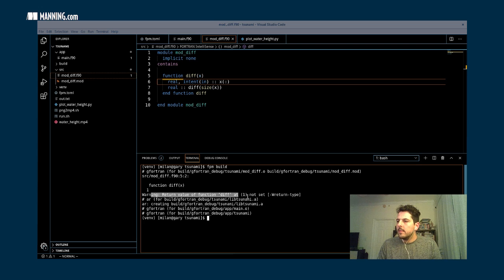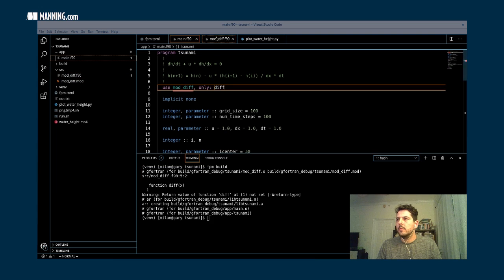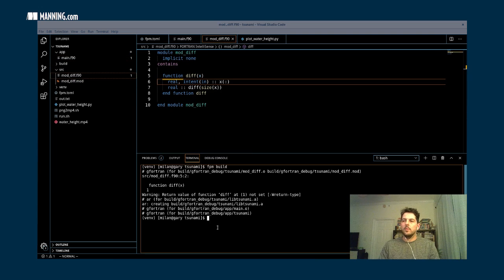Warning, return value of diff not set. Okay, we expected to see that. That's fine. But see what happened now. So I just put a new module in src, and I put the use statement in my main program, and FPM could on its own figure out how to build the module and the program so that the program can use it. So now if we look at my build directory,